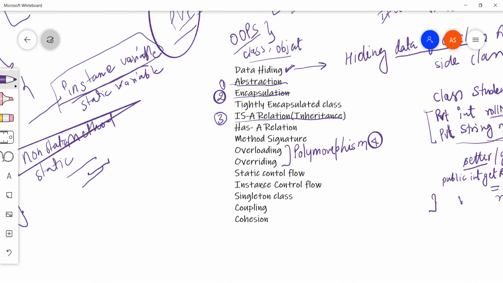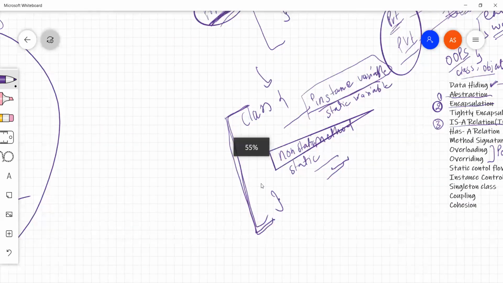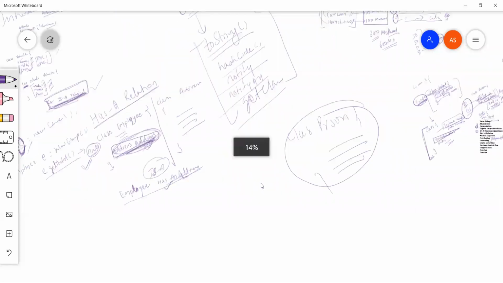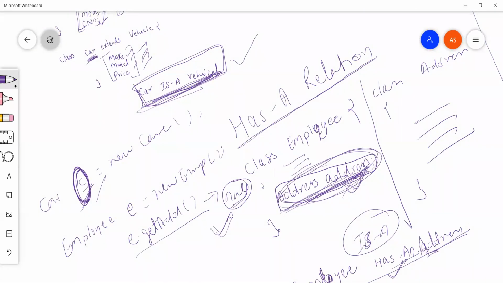Yes, we can use it, but the thing is that it is not related to an object. We are just talking about objects. If I go back, I took two objects, C and E, as an example. Getting my point? So static is a different thing that is nowhere related to an object.